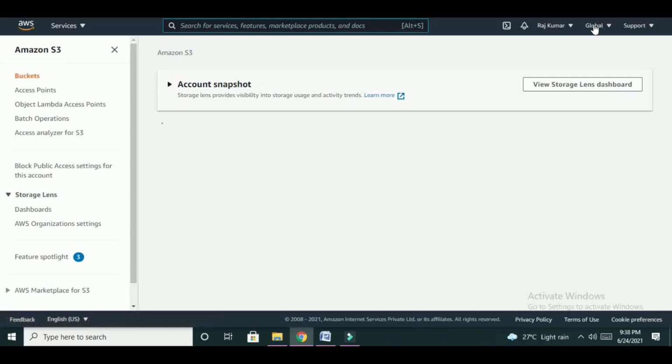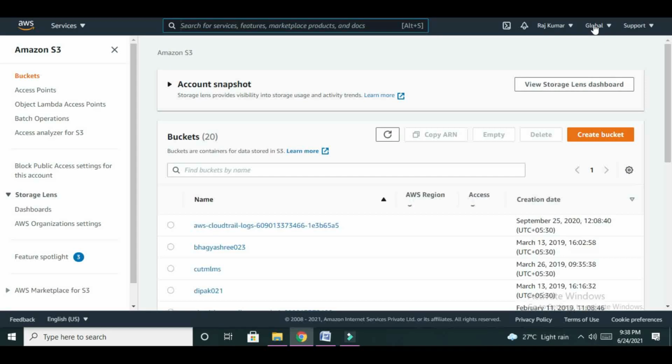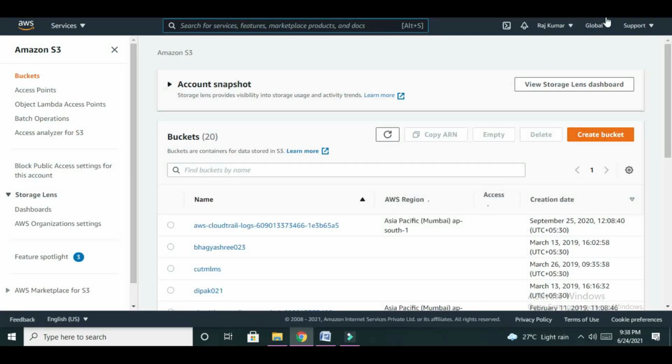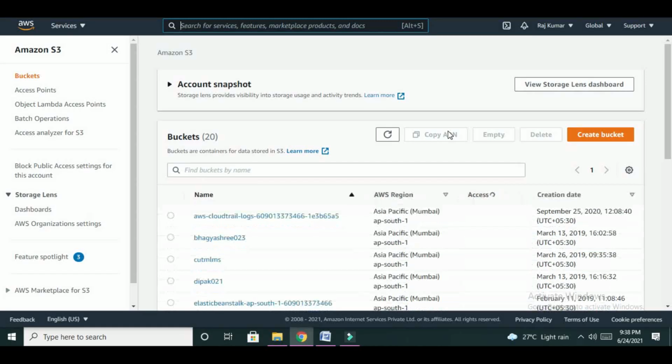So whenever we are going to use any of the service, the infrastructure either set automatically or the user has to set manually the required infrastructure. So let's say the user wants to create a space for a bucket in S3 service. So these are the things. So create bucket. So under global region, we can able to create the bucket. So in this way, we can able to set up the infrastructure.